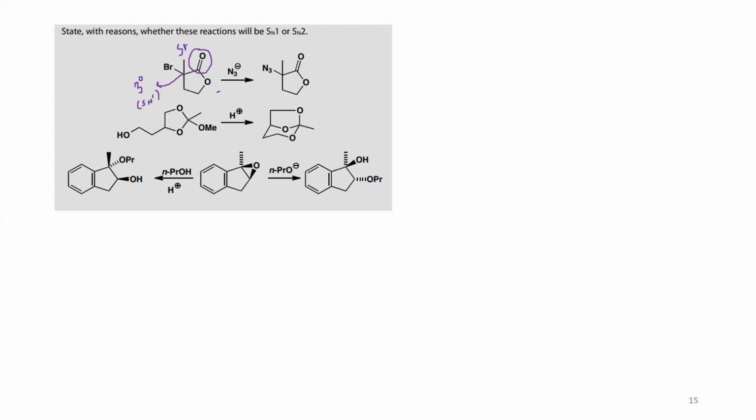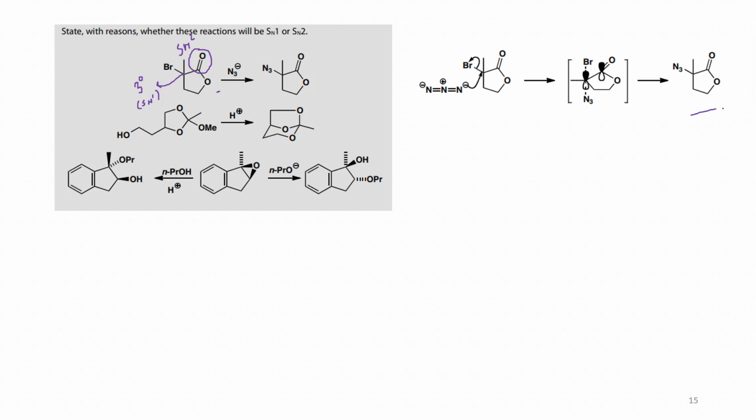So which will this reaction follow? It has been seen from the result that an inversion has been observed. From that we can get an idea that the reaction is going through an SN2 pathway, where this azide anion will attack the center and remove this bromine,